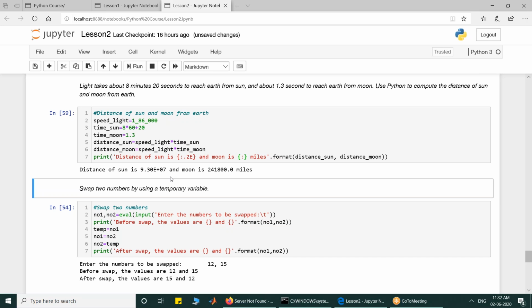Vishakha, the distance comes out to be 9.30000 multiplied by 10 raised to power 7. So that's why we got e plus 07. The distance from the sun to the earth comes out to be so large that it is equivalent to 9.3 into 10 raised to power 7. So in the scientific method, it will be written as exponent plus 07, which is equivalent to 10 raised to power 7. Am I clear, Vishakha? Vishakha says okay. How did we get it? We got it by computation.